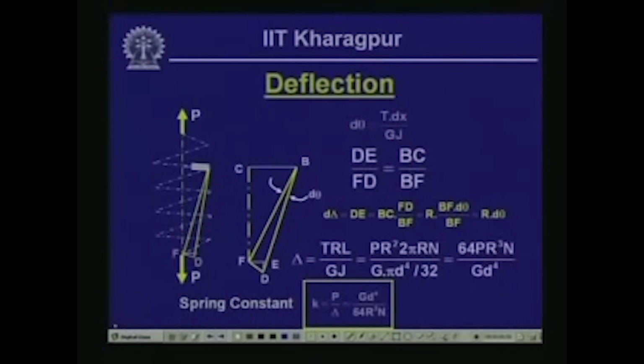Now, let us look into what happens if a spring is subjected to a load P. As we have seen, the wire with which the spring is formed is subjected to a load P and a twisting moment T. Now, we consider a spring where the spring index is rather high. The spring index, as we have seen, C is equal to D by d, wherein the diameter of the coil is larger or the wire diameter is very small. Now, for such a larger spring index